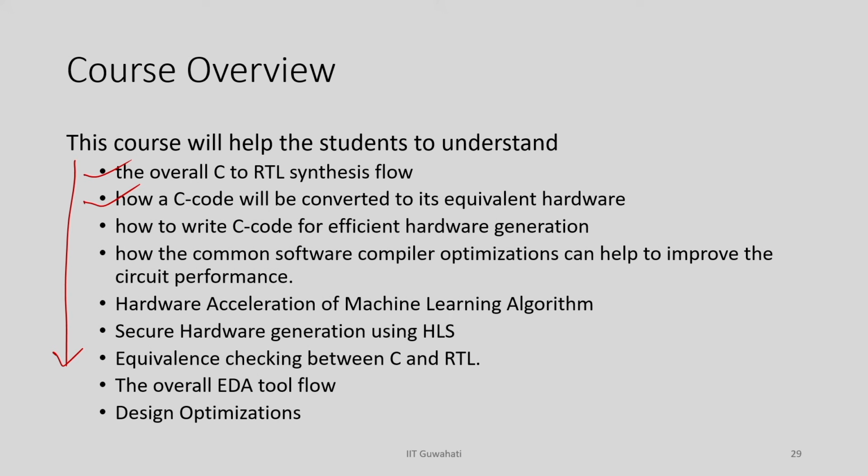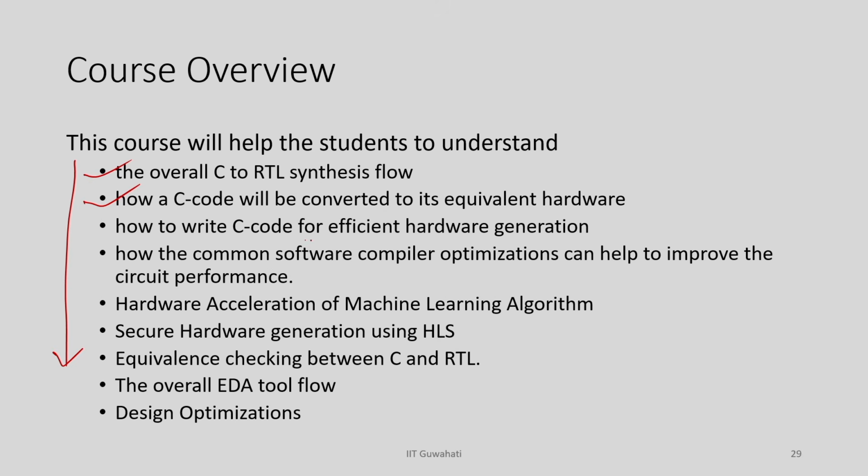And then there is one more very important topic: if you write any code and try to develop hardware from it, that may not result in good hardware, right. So, for efficient hardware, you have to keep in mind that this code will be converted into hardware. So, you need to write code which will be suitable for hardware, right. You have to write hardware efficient code, so how to write that. If you know that writing something one way is bad for hardware, I am not going to write it that way, I am going to write the code in a different way. That is something I am going to cover, how to write C code for efficient hardware generation.